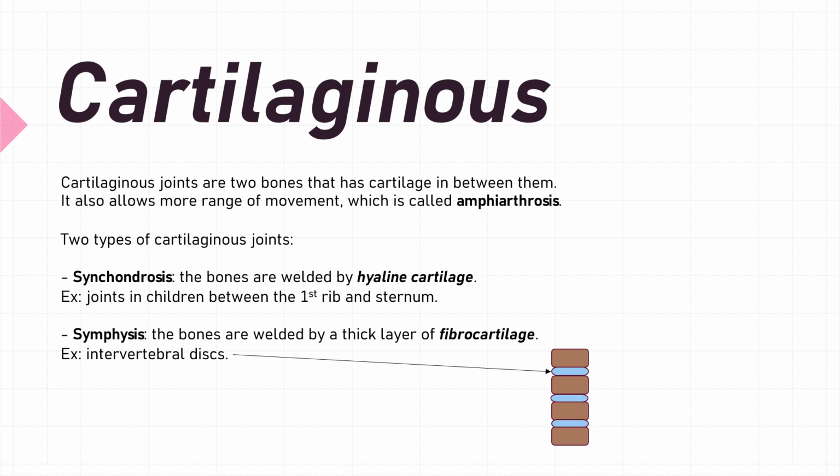Cartilaginous is the third type of joint. It is a joint of two bones that has cartilage in between them. It also allows more range of movement, which is called amphiarthrosis. Two types of cartilaginous joints are